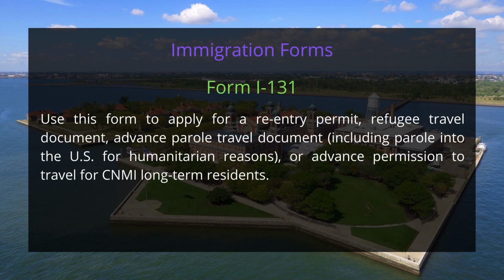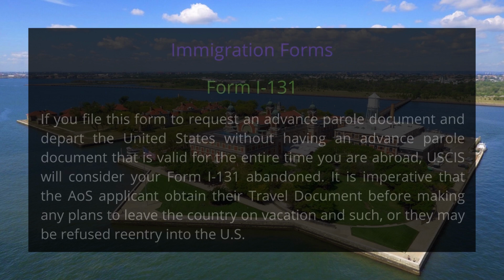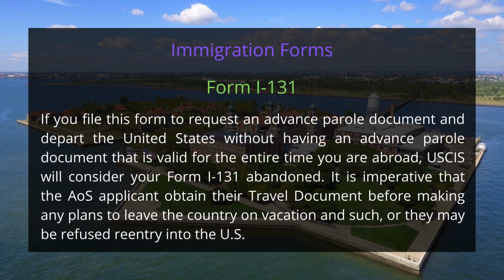Form I-131, Application for Travel Document, is the form you use to apply for a re-entry permit, refugee travel document, advanced parole travel document including parole into the United States for humanitarian reasons, or advanced permission to travel for CNMI long-term residents. If you file this form to request an advanced parole document and depart the United States without having an advanced parole document that is valid for the entire time you are abroad, USCIS will consider your Form I-131